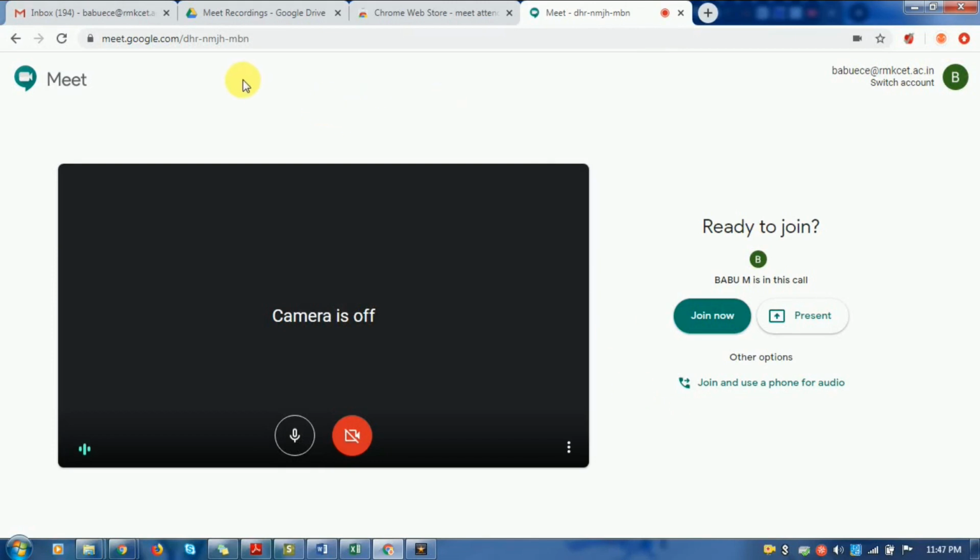So initially, when we get into the Google Meet app, we have two options here: join now and present. If you are a presenter, you can directly click this present button and activate the presenting option. Otherwise, you can simply click the join now button. Inside the app, you again have a present now option. By clicking that, you can start presenting. Those who merely want to join the session can click on the join now button and enter the chat room. So I am going to click the join now button.